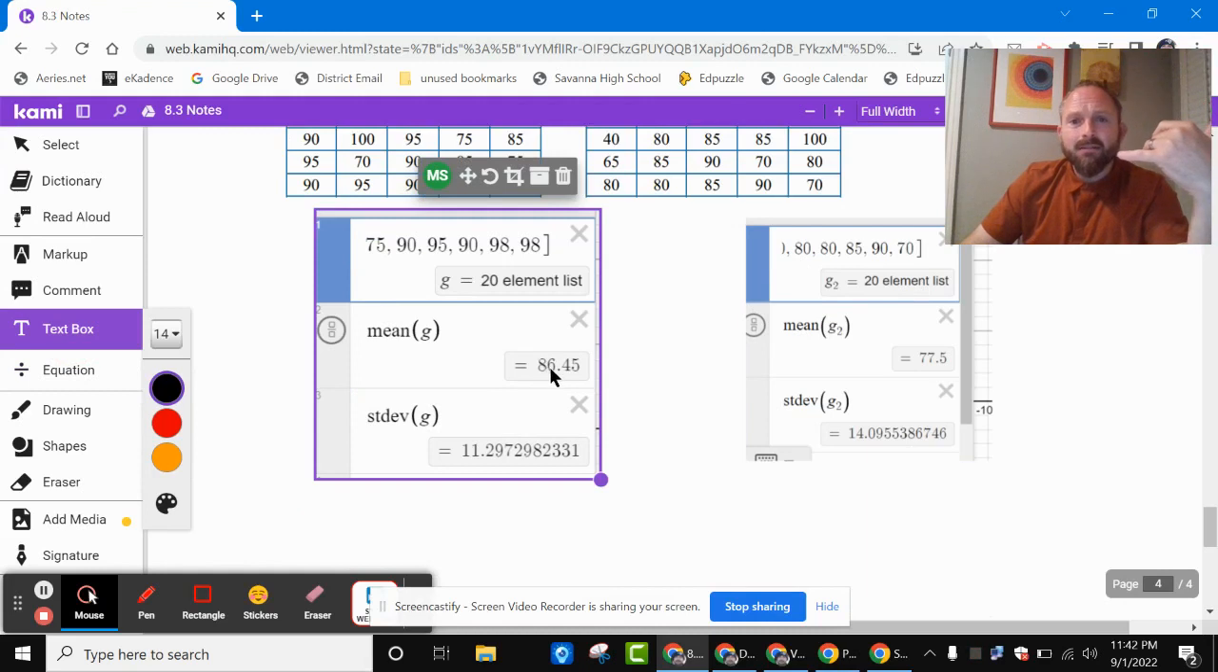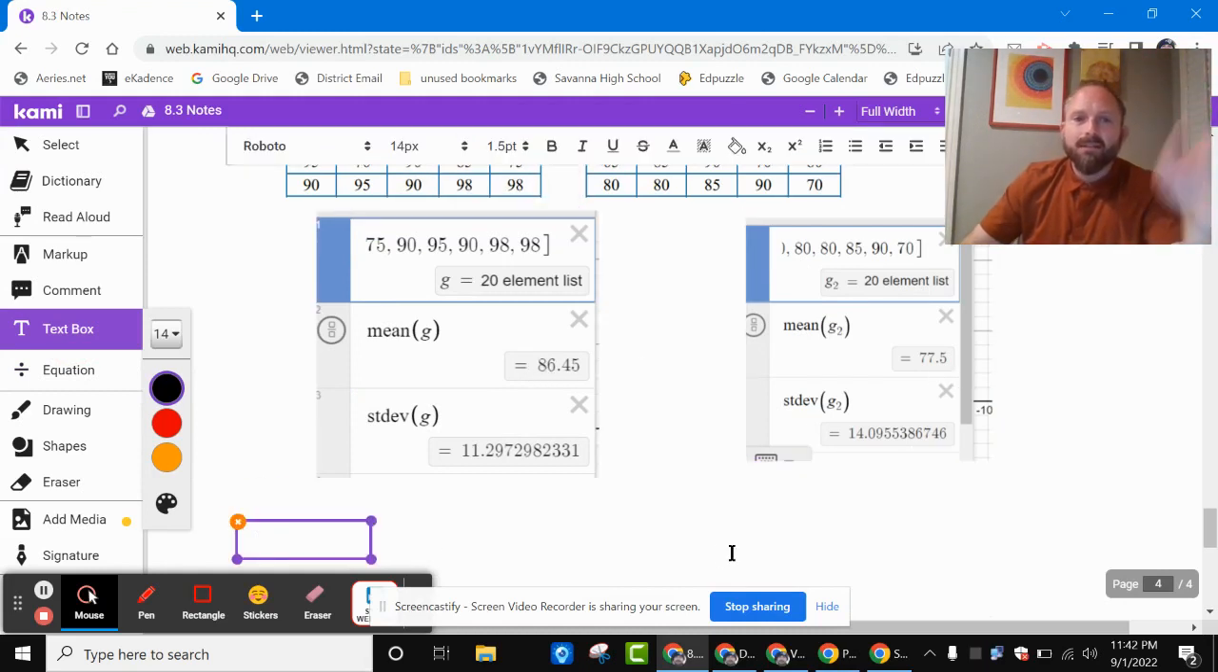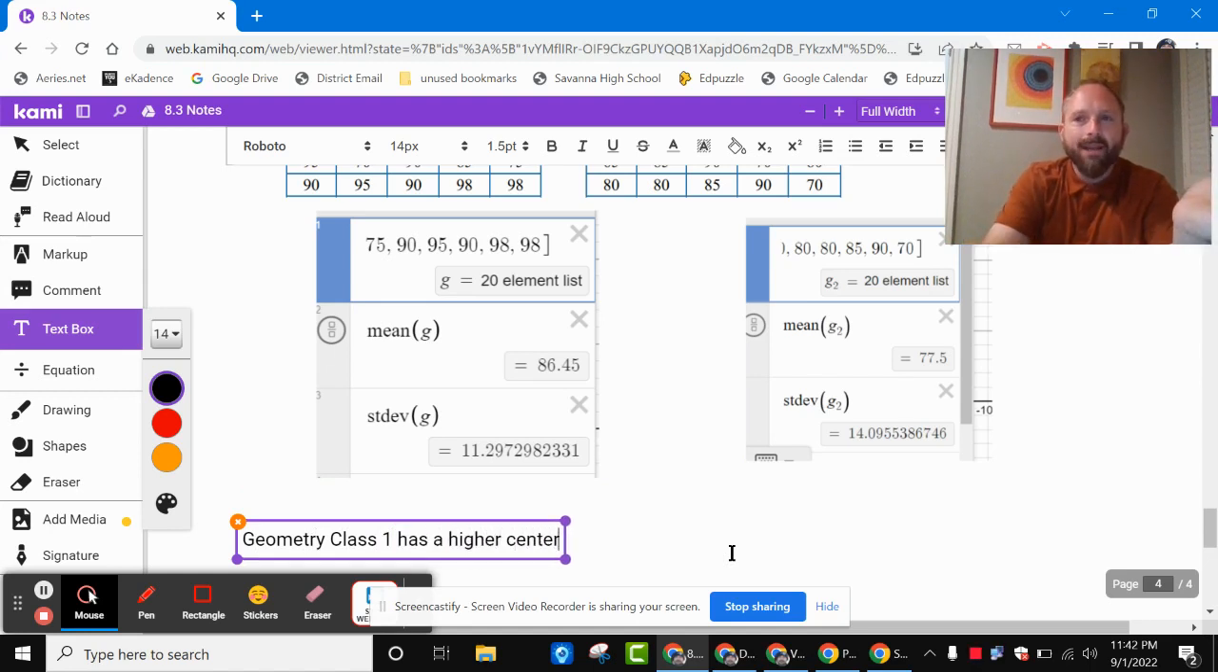Now the means are 86 and 77. So I can literally state geometry class 1 has a higher center. Why? Because the mean, which we normally say is the center, is higher. It's larger. But it looks like